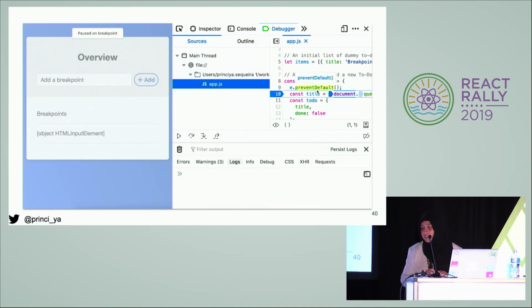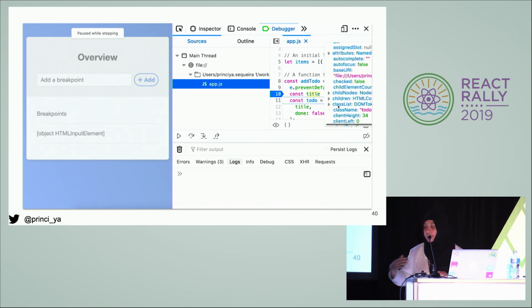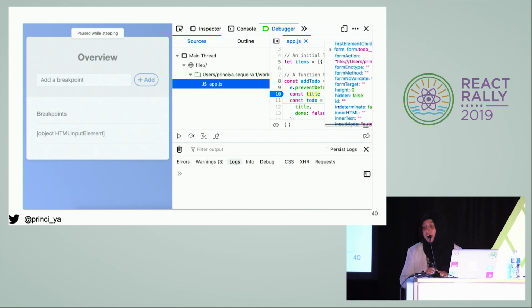Because of this paused execution, the value of title at this point is undefined. So go to the toolbar, step over the function, and now notice the debugging action has moved to line number 11, which means the value of title is now available. And when you hover on it, you can see the values.